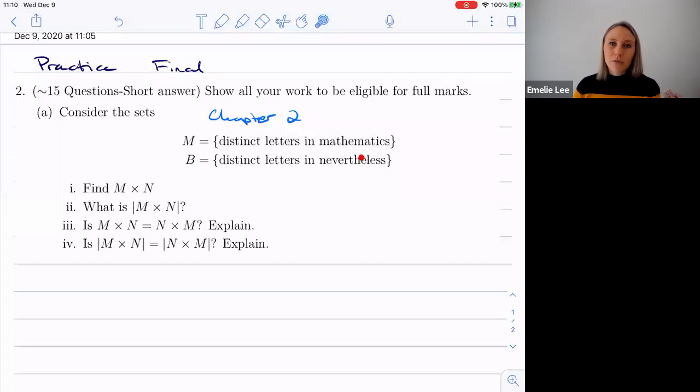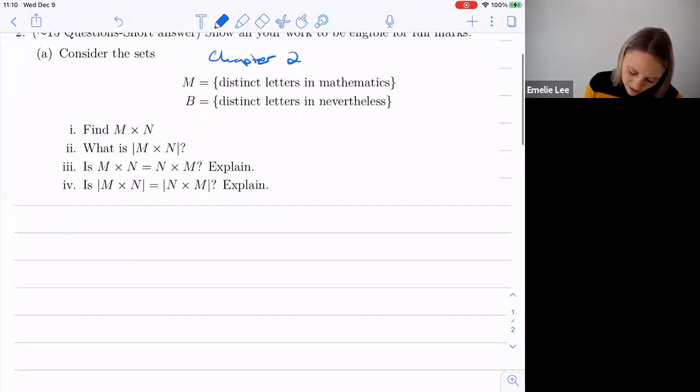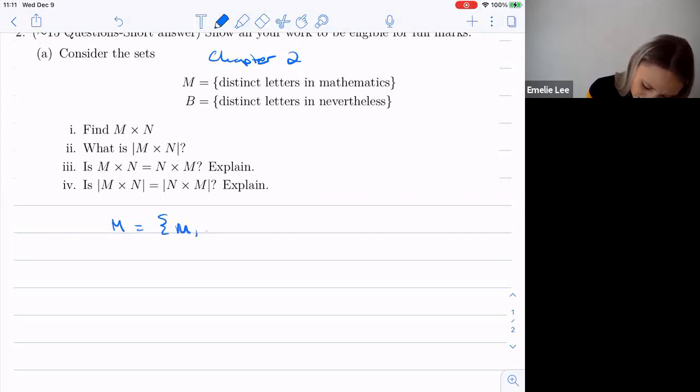So what I'm going to do first is figure out what the set M is, and then what the set B is. Hey, why is it B? I don't know. I stole it from somewhere else, from an old final. So, all right. So let's figure out what M is. M is the distinct letters in the word mathematics. So it's going to be